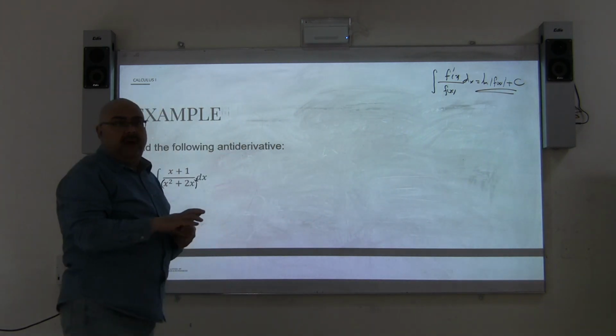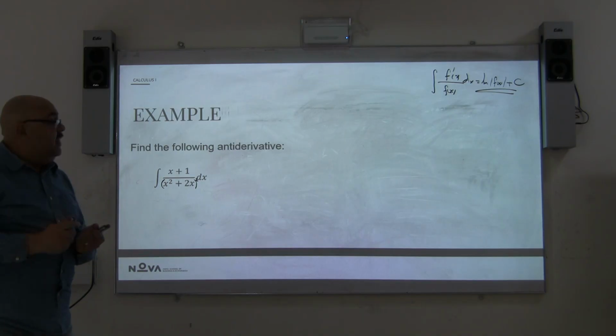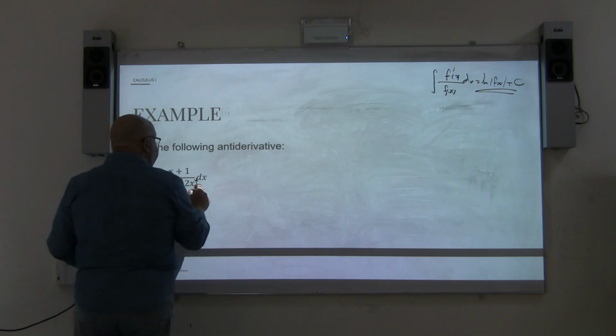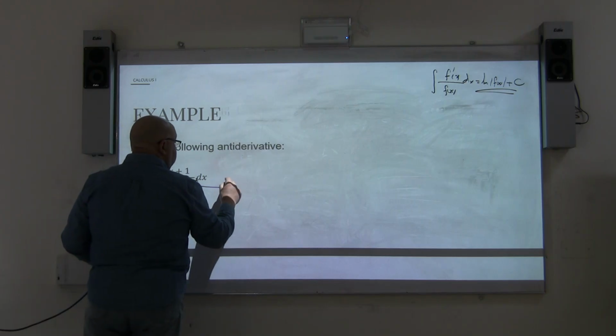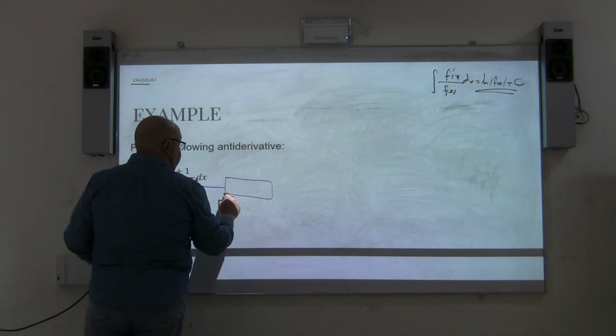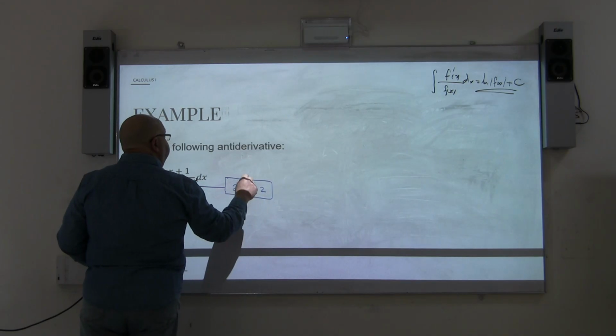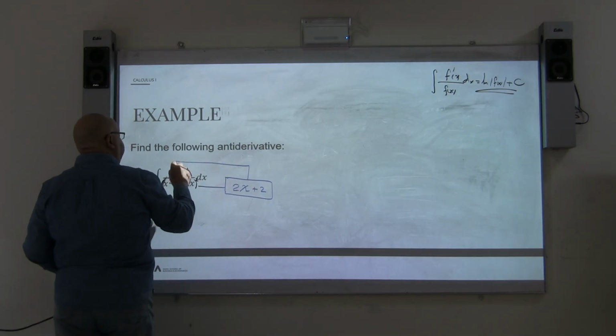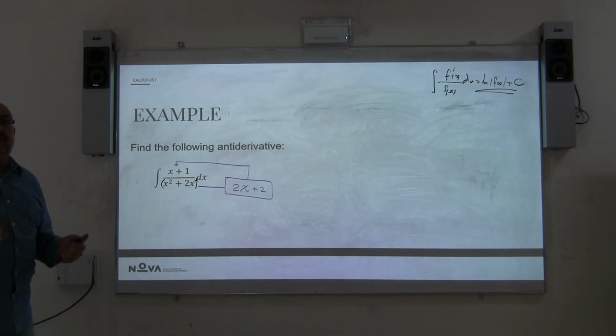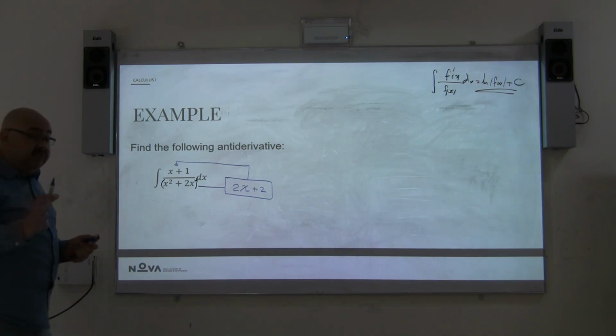So all I have to do now is to be sure that the derivative of the denominator already exists. The derivative of this denominator is going to be 2x plus 2. Is it possible to find this value in the numerator? Can you find this value? Yes, we can. Simply, it is missing 2. So all I have to do is